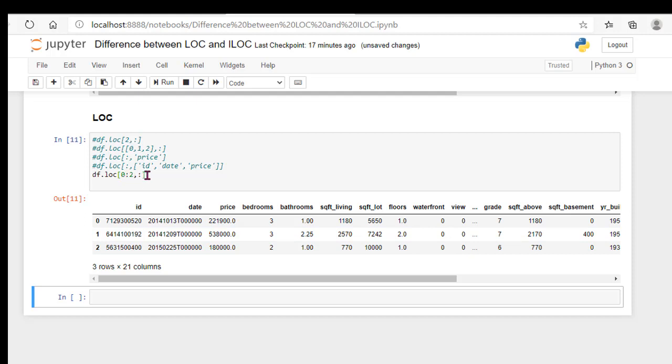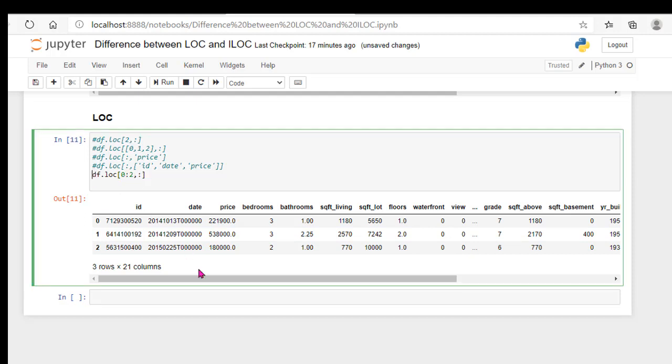Now let me take the columns as well. df.loc, I am taking all the rows, comma, columns from id to price.